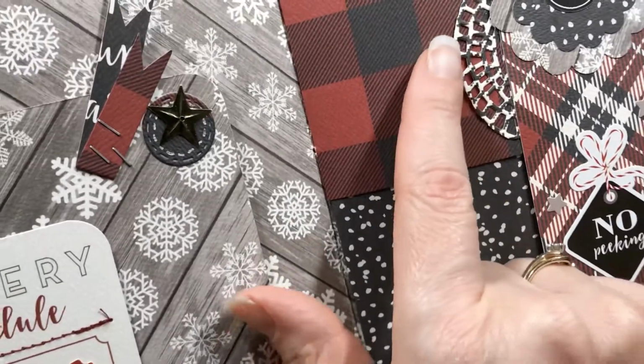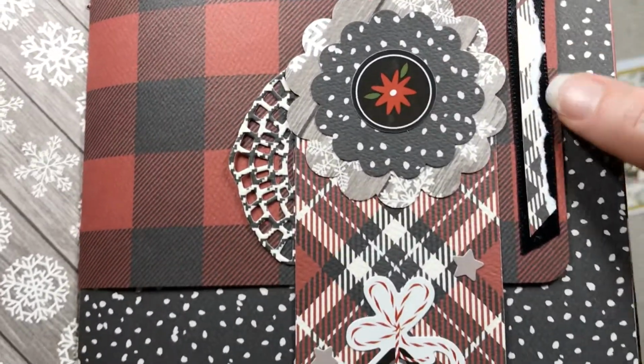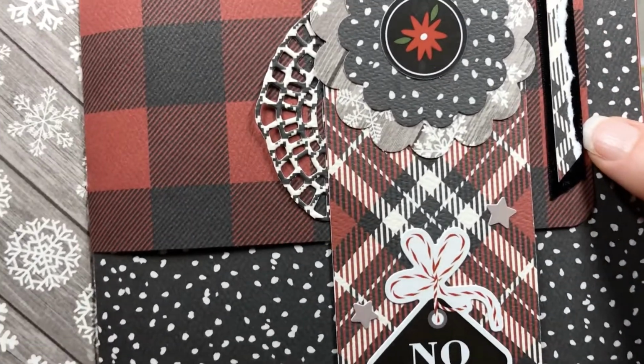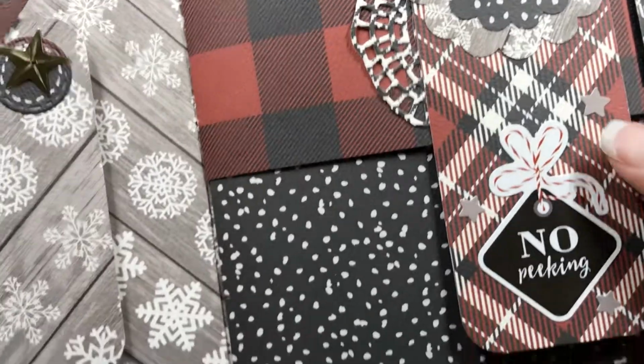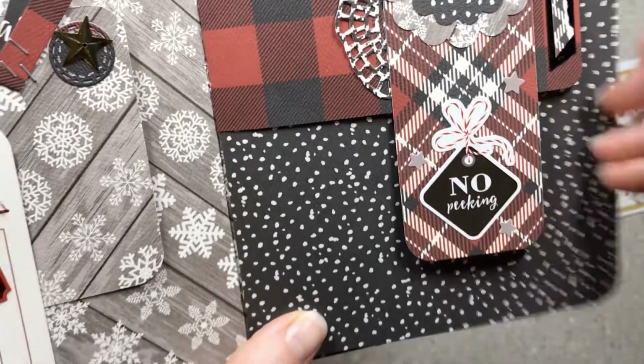Here's another piece of a die, some layered punches and a sticker, a ribbon that I didn't like how it laid down, so I tore a piece of paper and put it on top of it. That's a oops, don't like that. No peeking. And some stars, and this was just another piece of paper that I glued on there